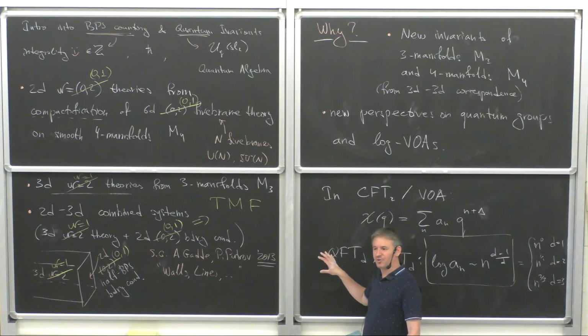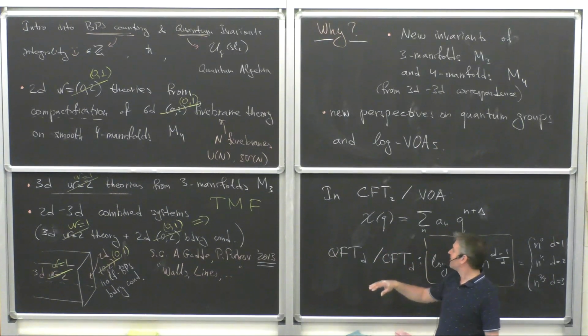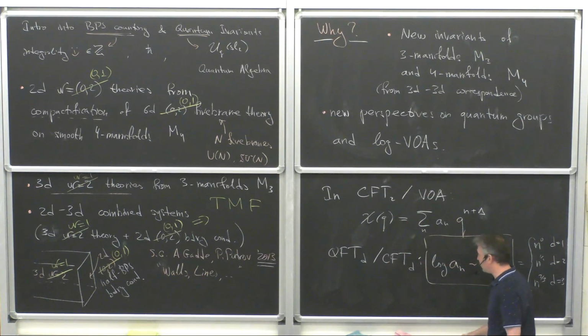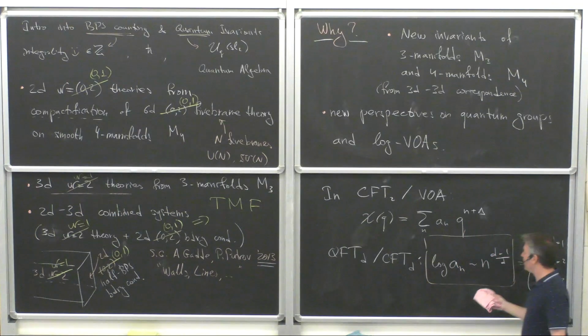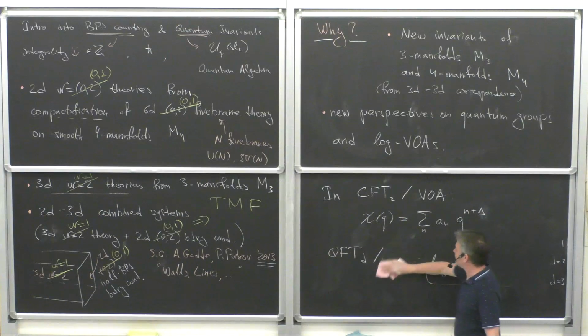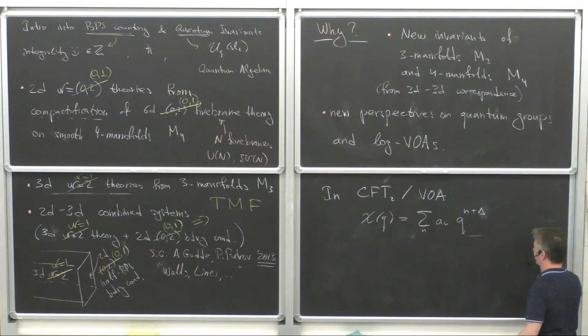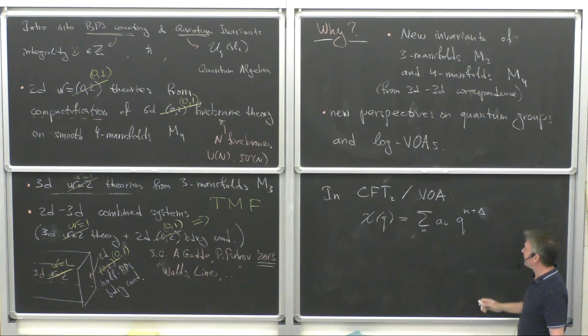But they will turn out to be more general than usual 2D unitary CFTs, and that's why we're going to learn something about log VOAs. So let me now erase this and tell you what Mr. Cardy said. I'm going to focus specifically on the two-dimensional case, d equals 2. We just saw that according to the general calculation, we should have